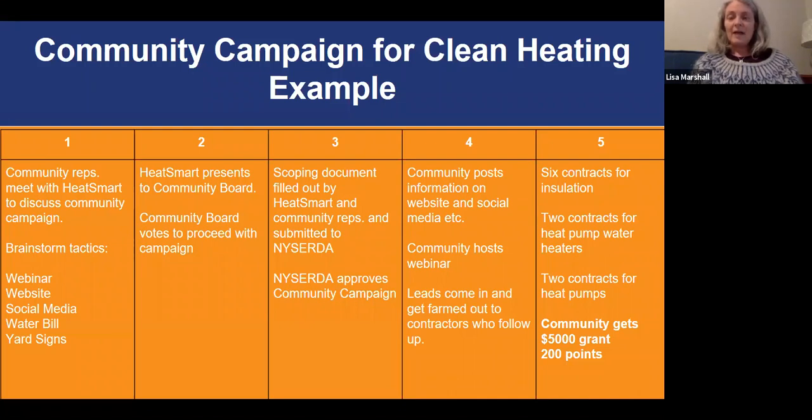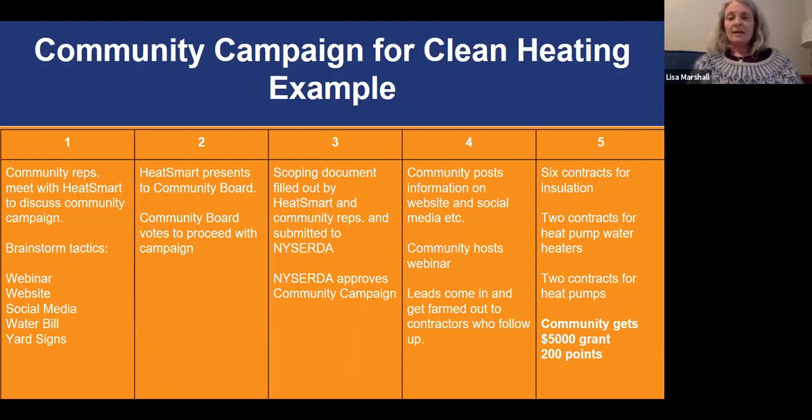And we'll track what happens when the contractors contact the households, and we will support those households in understanding the contractor's proposals for the work scope, make sure they got all of the grants or incentives that they are eligible for, make sure that their questions are answered. And in the end,